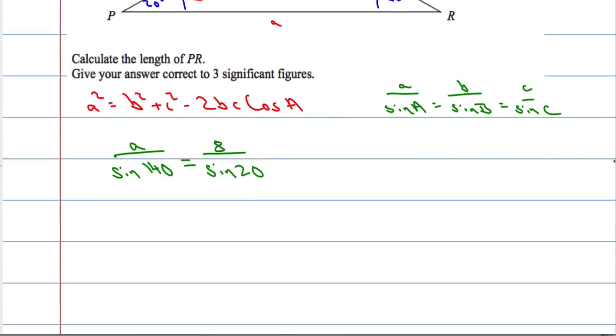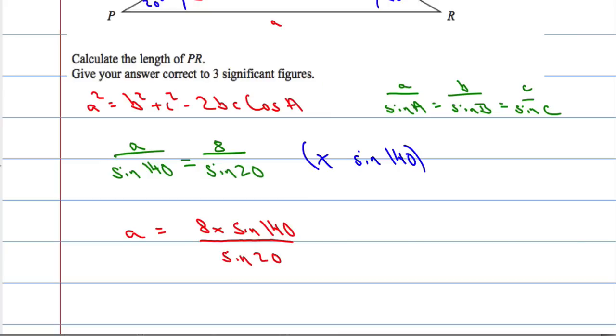So what I'm going to do now is multiply both sides by sine 140. And we get this. A will equal 8 times sine 140 divided by